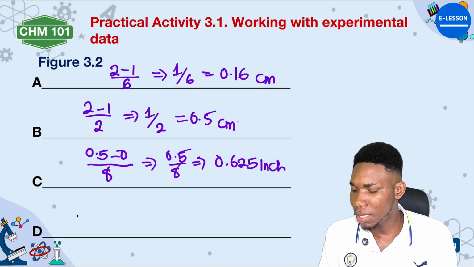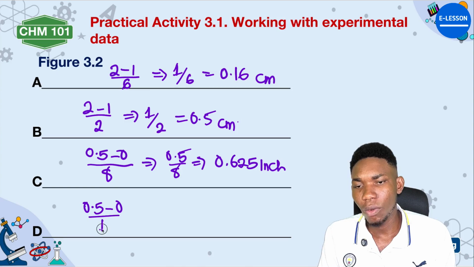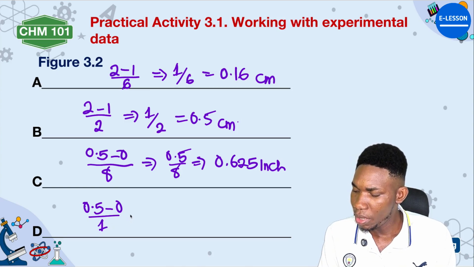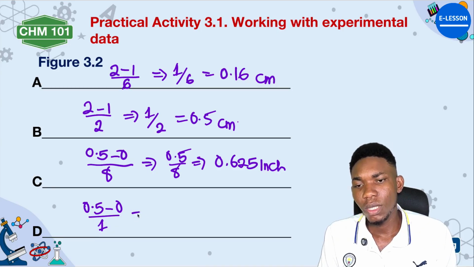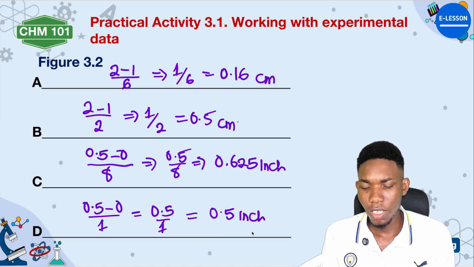Is that okay? Then for D, the same thing, but this one had only one subdivision in between. So it's going to be 0.5 minus 0 divided by only one subdivision. Yes, only one subdivision in between. So this will be 0.5 divided by 1, which of course gives us 0.5 inch. So these are the subdivisions for this particular one. All right. Now the next thing is